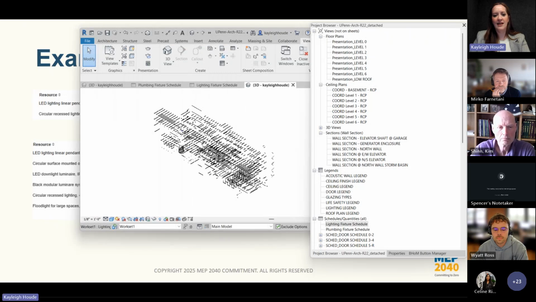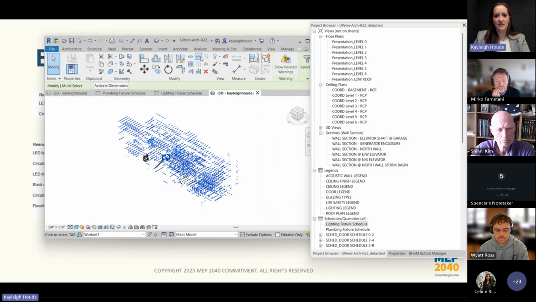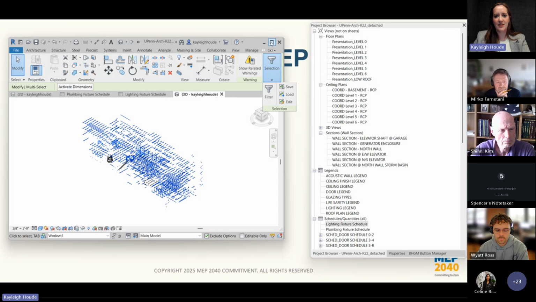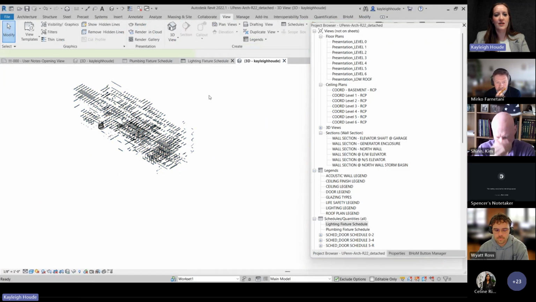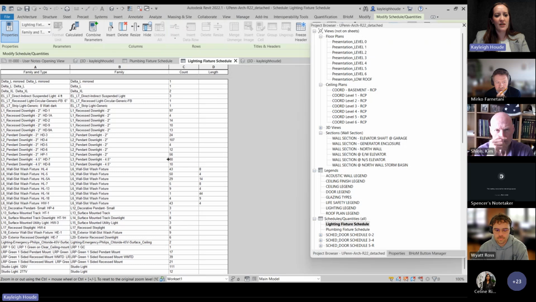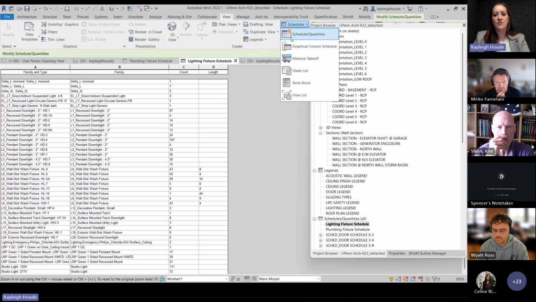All right, so we've got lots of different lights in the background. You can even just do a quick swipe of them. Look at the little funnel in the bottom to see how many you have. 1,021 lights. That's a whole lot of light fixtures. Then you come over here to that schedule. So to create the schedule, you can go to view at the top. Sorry, this little bar is getting in the way. View, and then schedules and quantities. And then you would create a new schedule under there.